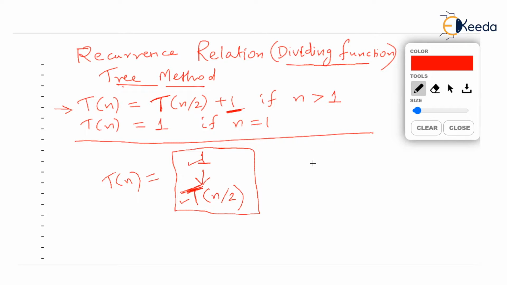Okay. We also, once we open up a level of the tree, write the cost of that level. Cost of that level is nothing but addition of all the terms which occur at that level. Now at the root there occurs only one, so cost of this level is 1. But we cannot write cost of the next level because we don't know what is T(n/2). In fact, T(n/2) has to be substituted. Yes. So we are still working on the basis of substitution, but we are showing this picture in the form of a tree.